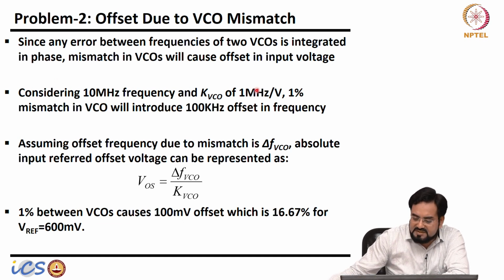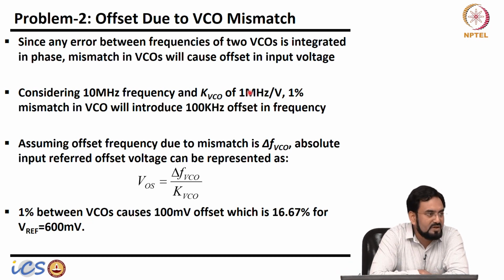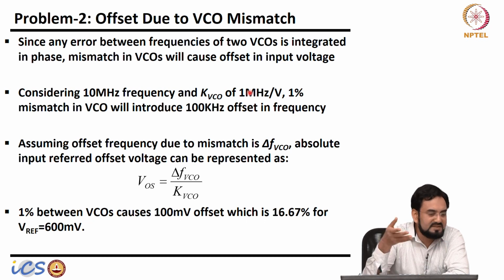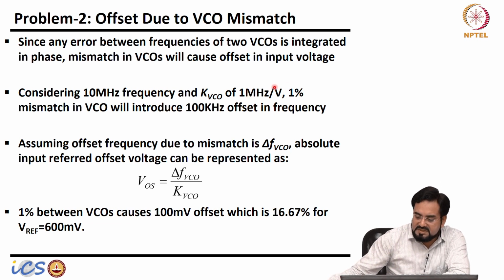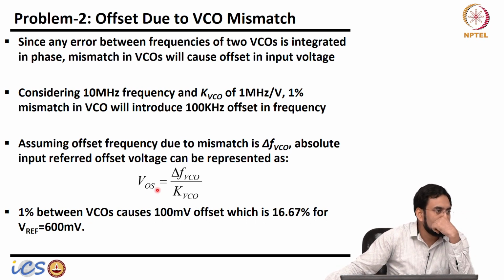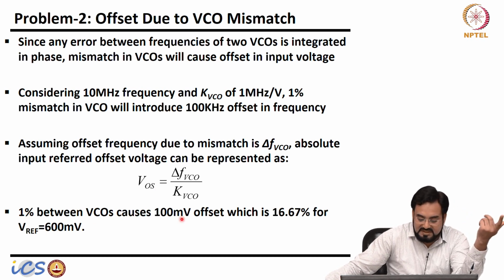And in terms of KVCO, how much is this? 100 kilohertz with respect to 1 megahertz per volt, how much is this? 10%. If you translate back into the voltage, it will look like a 10% offset. So, the 1% mismatch will be a 10% offset, but now my Vref is 0.6 volt, not 1 volt. So, the 0.6 volt again will scale, 1% will scale to